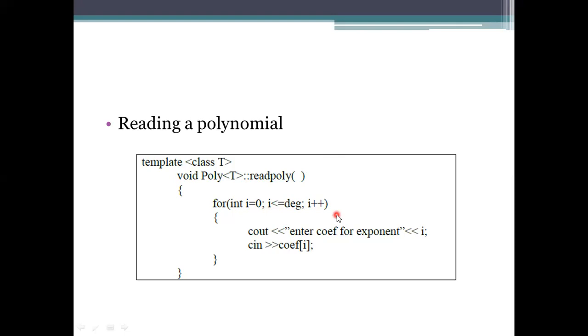What we have to do is give the coefficient to that one. So that's why we are mentioning, enter the coefficient for the exponent here. What is the exponent here? Initially it will be 0. See here, from where it has been started, 0. Initially it is 0, and then for that 0 we will enter one coefficient. It will be incremented. Okay. And then it is checking. It will check with less than or equal to 4, as in the previous one.